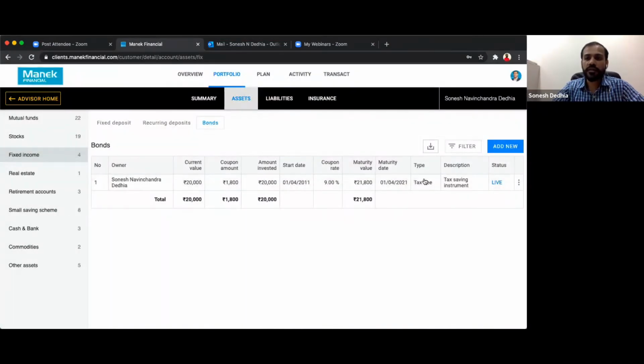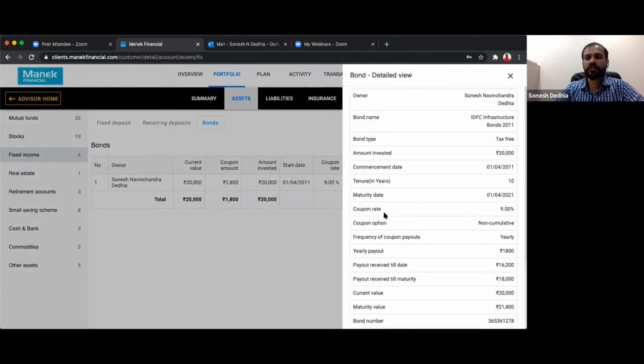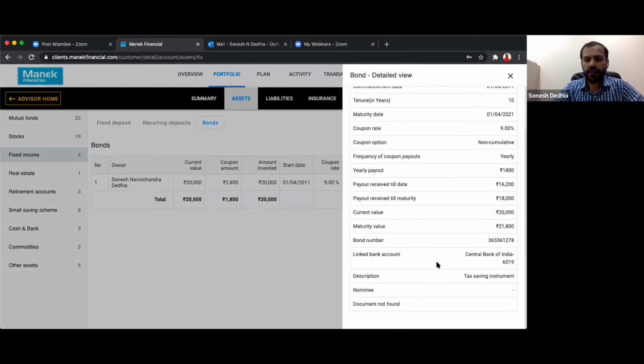And you can see that data is reflecting here, but there is a lot of detailed data that has been added here. If you want to do this data gathering at a faster pace, you can just contact the customer, or maybe if he's a lead, you can tell him that this is the method of financial planning that we have been doing, and you need to give me all the data, and you can ask him to keep all the records ready.